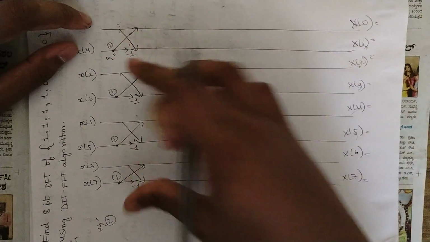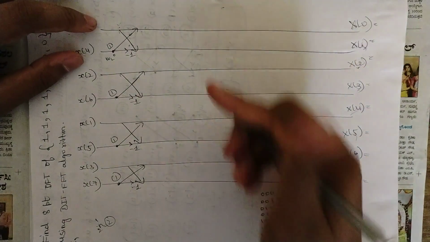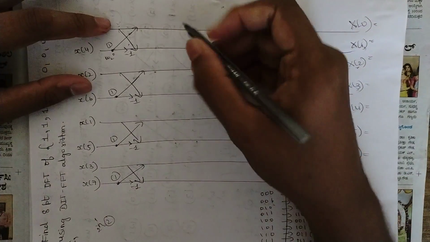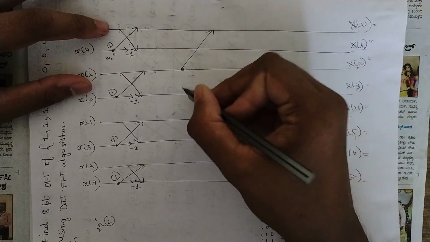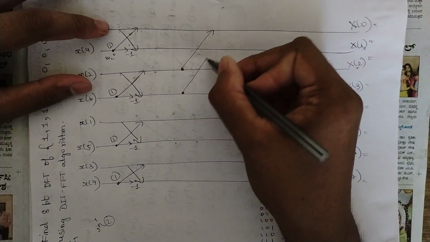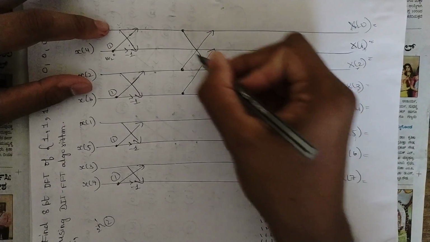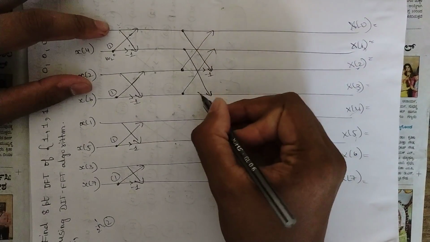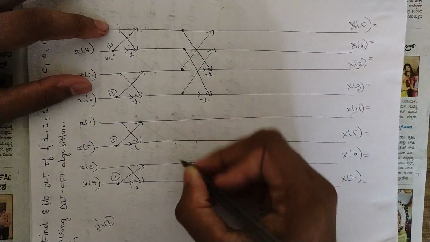So now after 2 we should be drawing set of 4. So how in 4 point we have drawn the set of 4 values, right? Similarly here, leave 2 lines, and from the third line draw one upward arrow, fourth line draw arrow, it should be touching the second line. Similarly, first to third line, second to fourth line, downward arrows, mark it as -1. This is one set. Similarly, one more set,